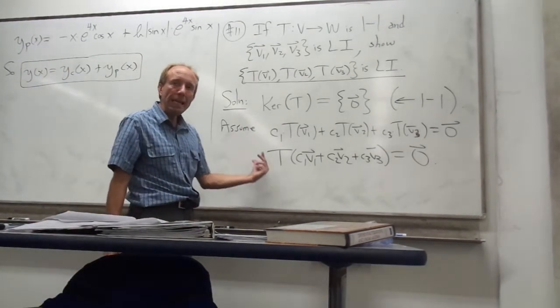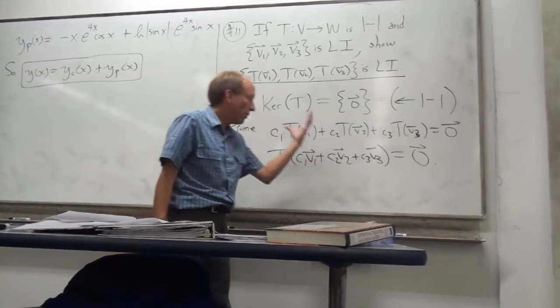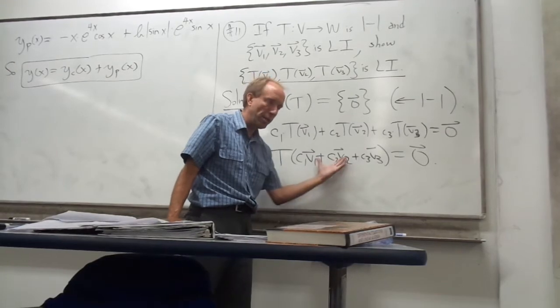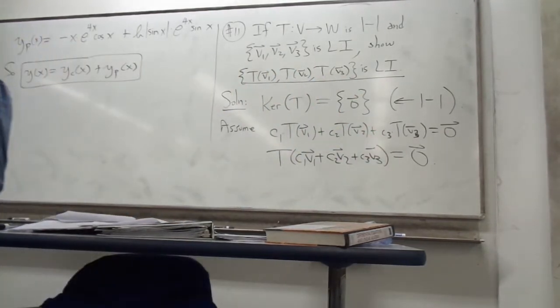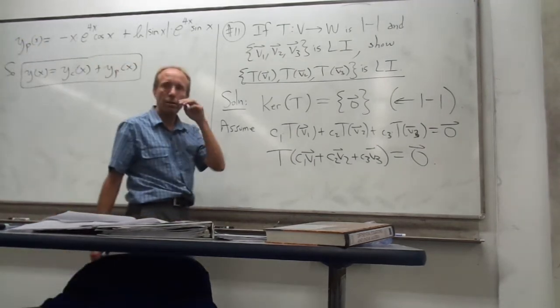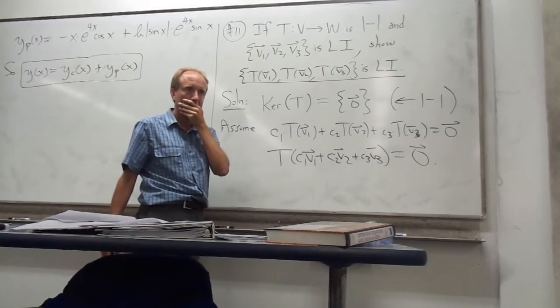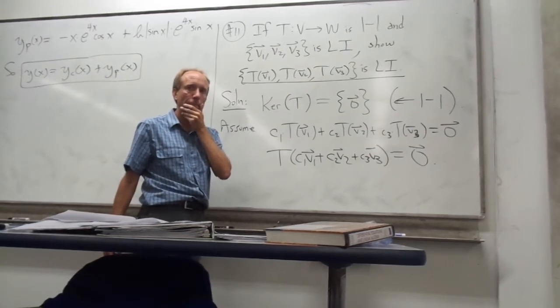Okay, so I have T of this vector, whatever it is, gets killed. So what are you going to do? Well, the inside is already LI. We know that because it says it in the problem. So the only way that